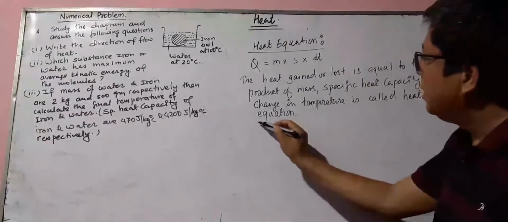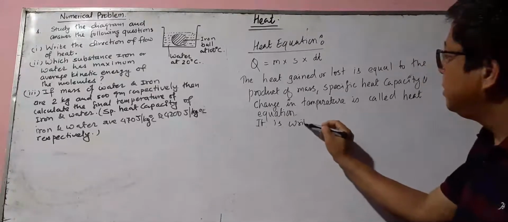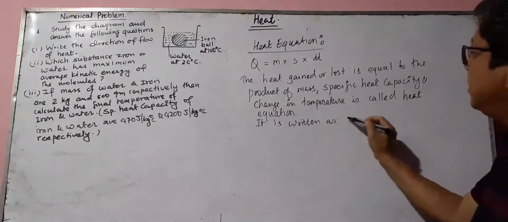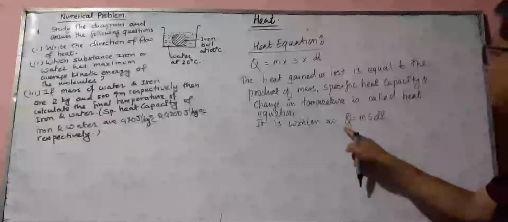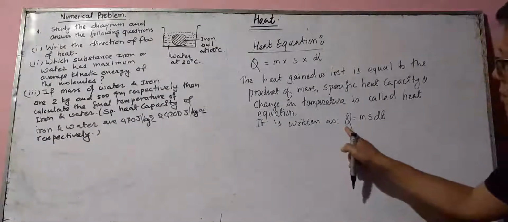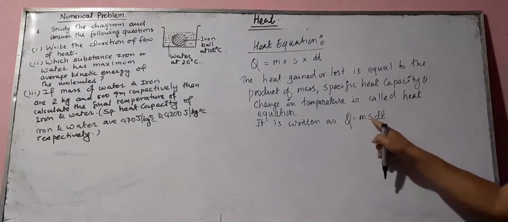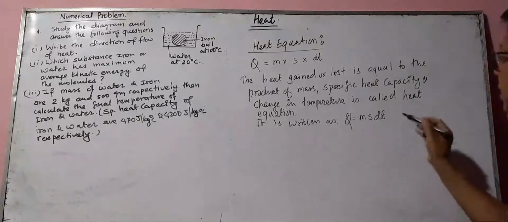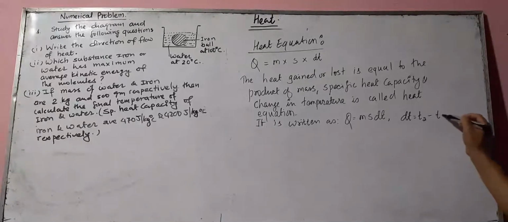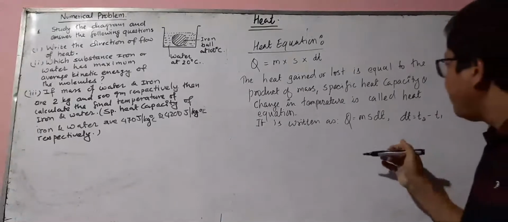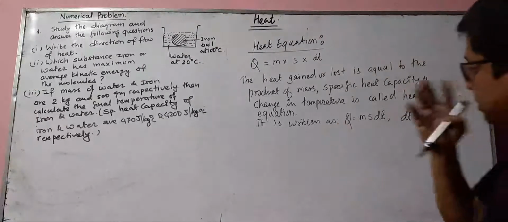Okay, and it is written as Q equal to M times S times dt, where Q is the heat gain or lost, quantity of heat gain or lost, M is the mass of the body, S is the specific heat capacity of the body, and dt is the change in temperature. And this dt is given by T2 minus T1. Okay, and this temperature difference depends on the conditions,